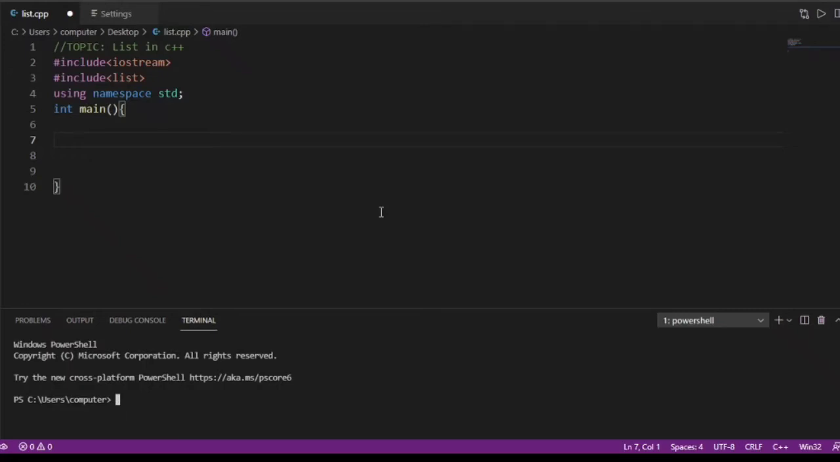Hello everyone, today we are going to discuss lists in C++. A list in C++ is also a container like other containers in STL, for example vectors, deque, forward list. So a list in C++ is a bidirectional container which inserts elements in a non-contiguous manner, and whenever in C++ we talk about a list we are talking about